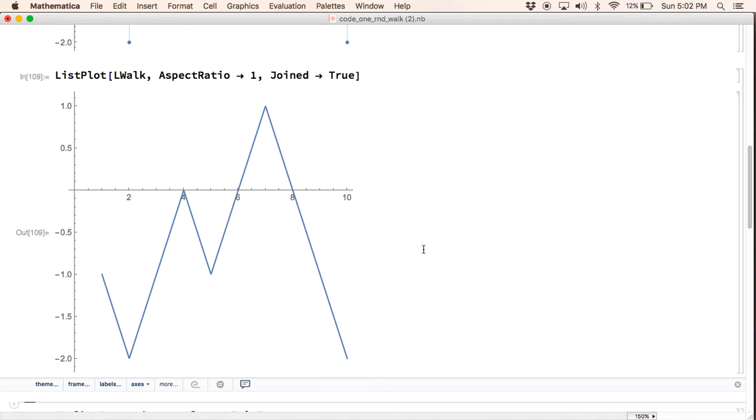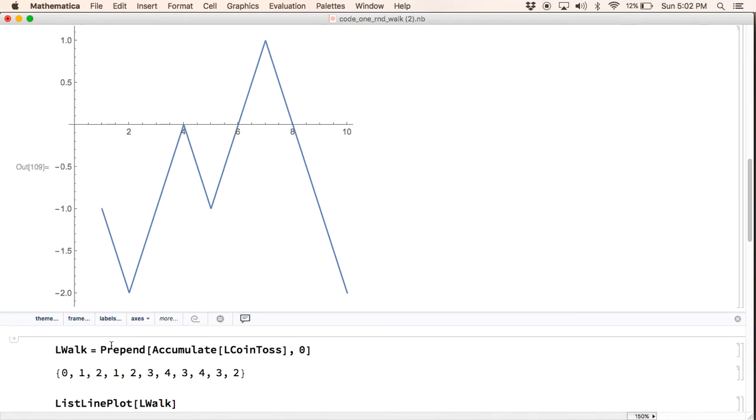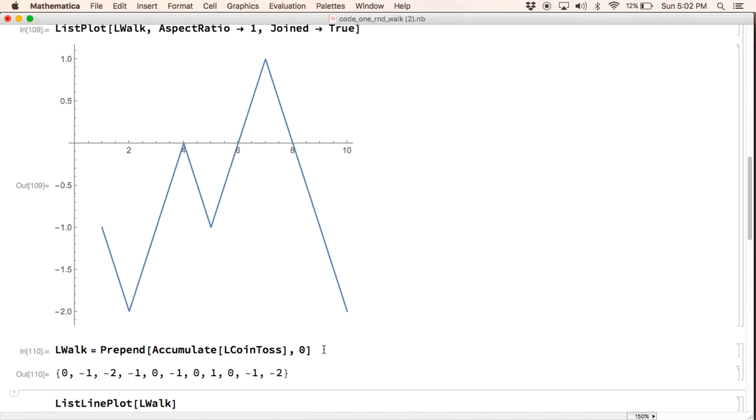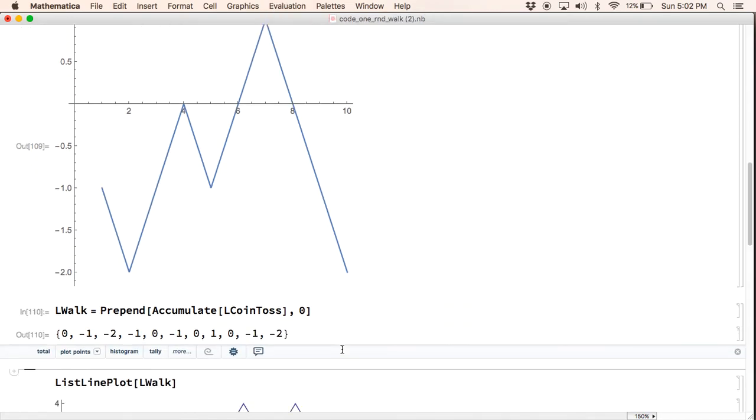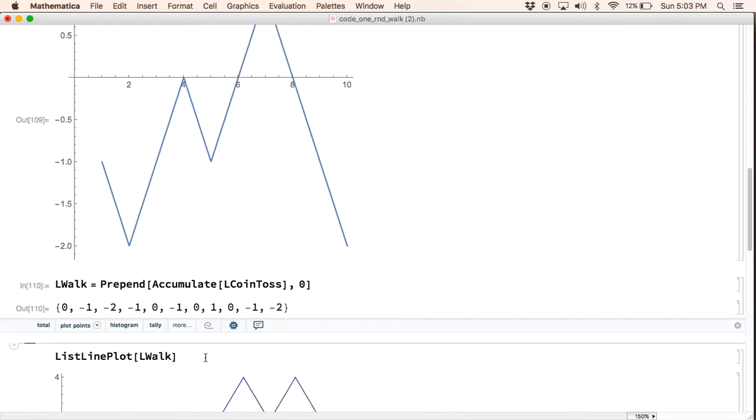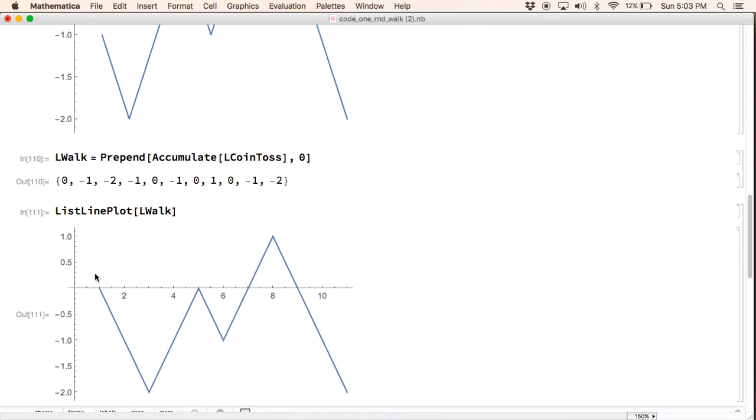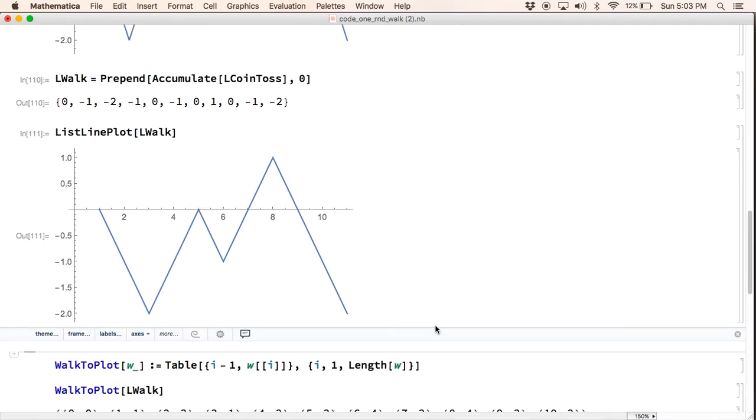So what you want to do is prepend 0 to your random walk. Unfortunately, 0 is now your first in the list, and Mathematica counts from 1. So what we need to do is create a table,